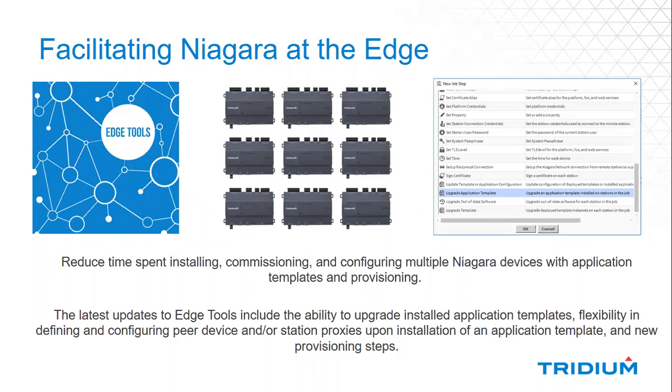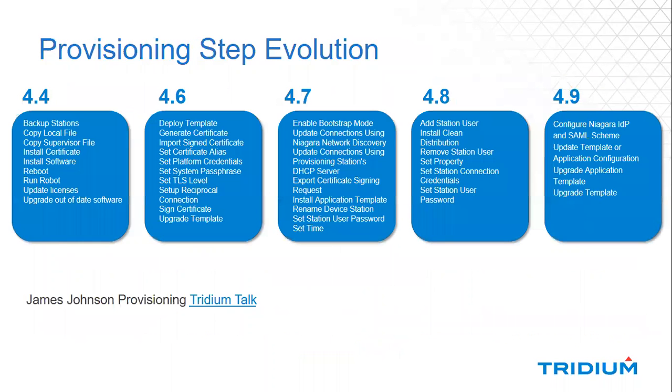So as an example of that, you can kind of see that with provisioning, we've really beefed up that functionality. If you're not familiar with provisioning, it is something that's been in the product for quite some time, actually. And as of 4.4, there were 9 provisioning steps available. As we progressed, each one of these boxes, I'm not going to go through each one, but it's just more of a visualization of how we've progressed over time. We've added these on top of those 9, on top of those 20, et cetera, to get up to about 30 different